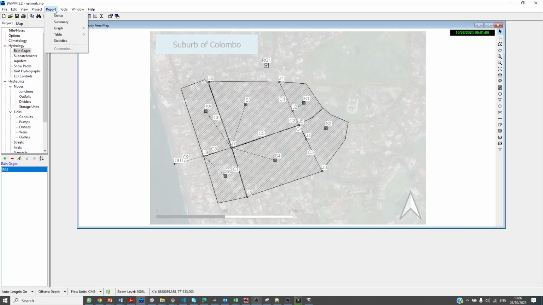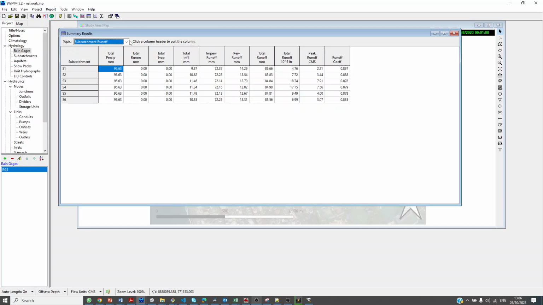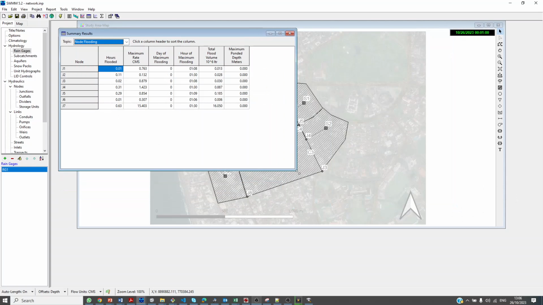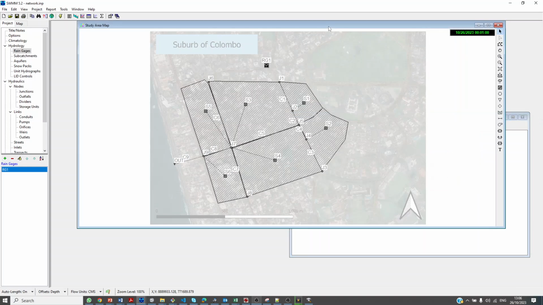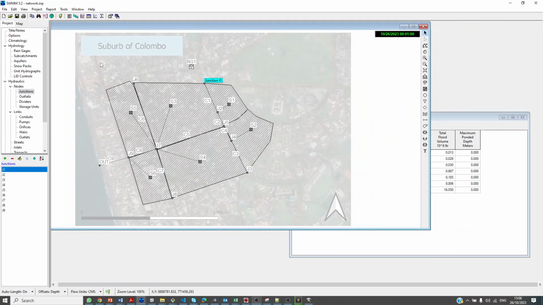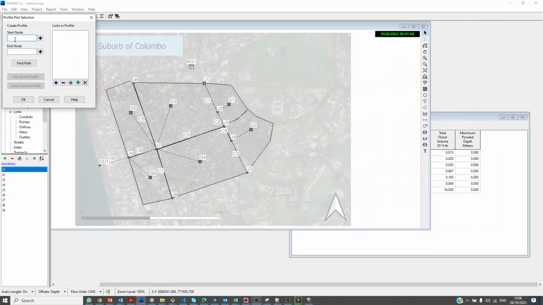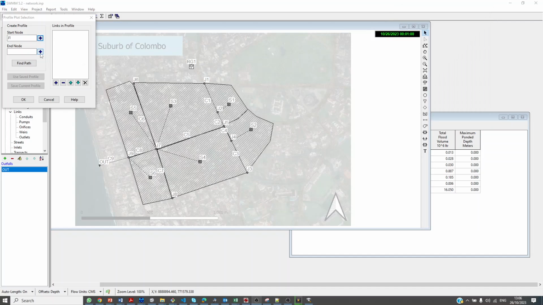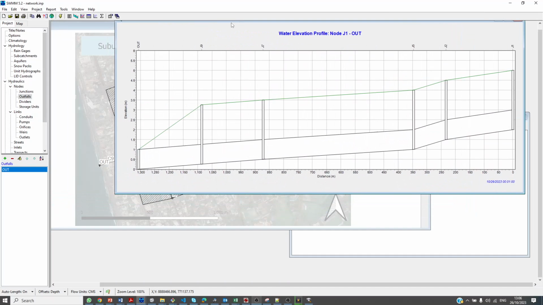So the first thing maybe we want to do is to see whether there is any flooding. One of the easiest ways to do that is go to the report and summary, and if there's flooding, there will be an entry called node flooding. So you can see there's quite a bit of flooding happening everywhere. You can get a better picture of this by plotting a cross section, for example. So you start with J1 and then go to the end node of out and find path. So you can see this is our cross section,